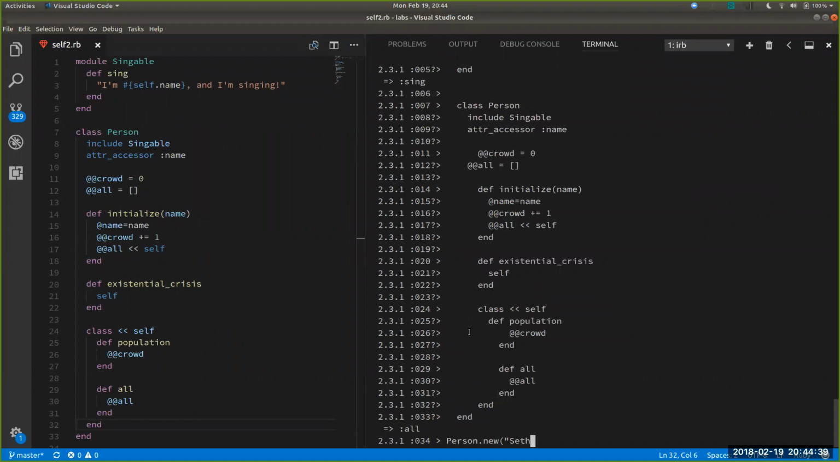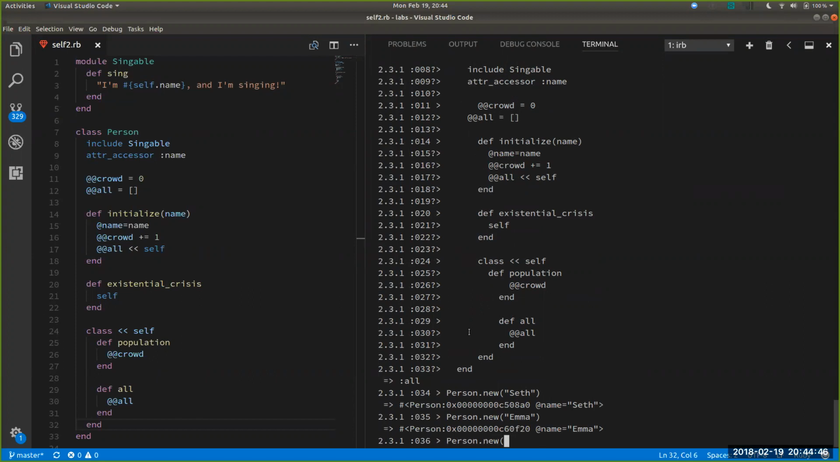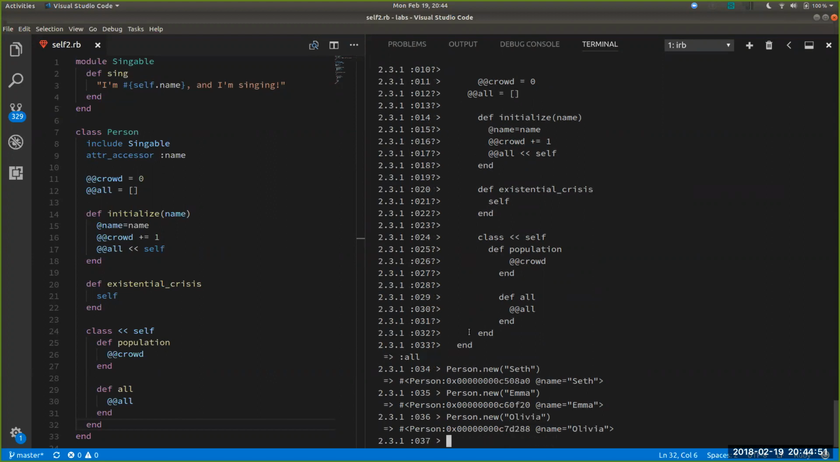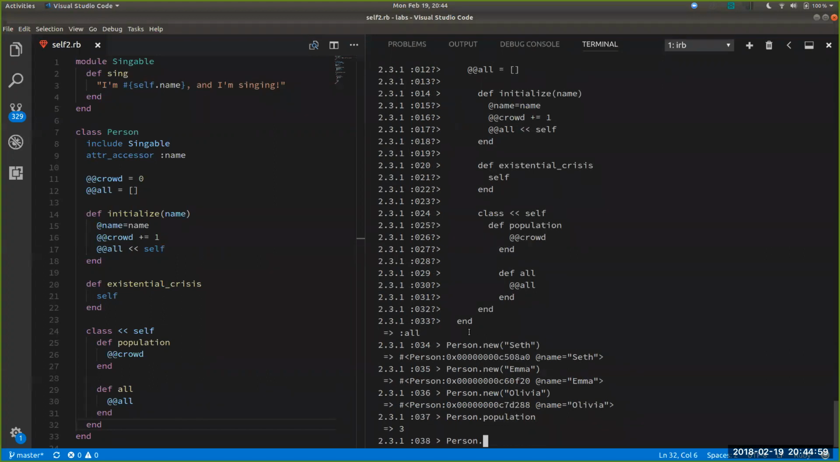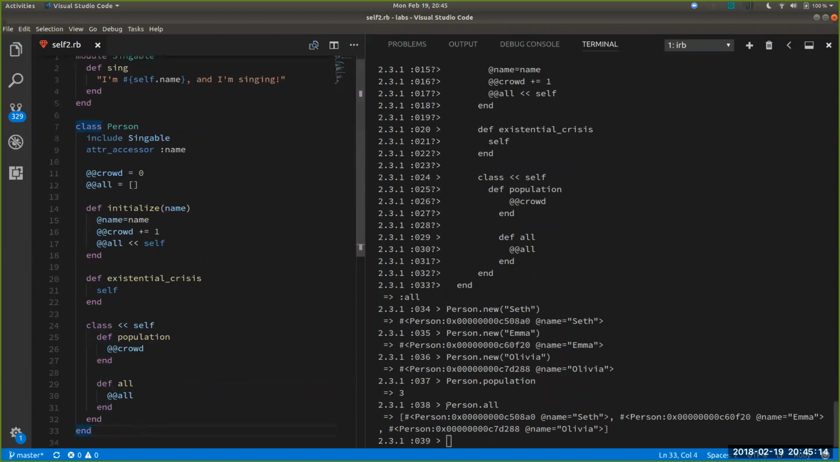Person.new, Person.new, Person.new. Okay. And then Person.population, Person.all. So this is, like I was saying, a popular shortcut for defining lots of class methods at once. So we don't have, in this instance, the self dot and self dot. And what we're doing here